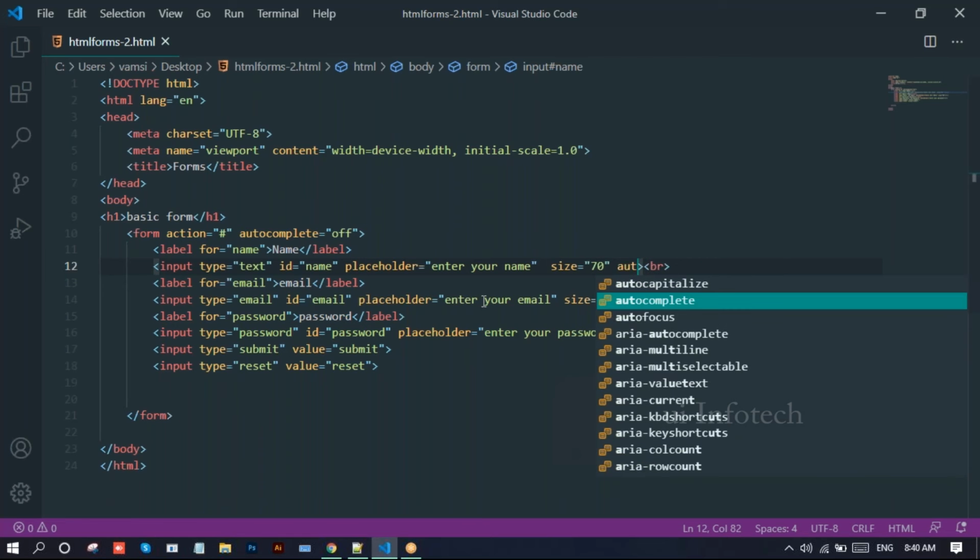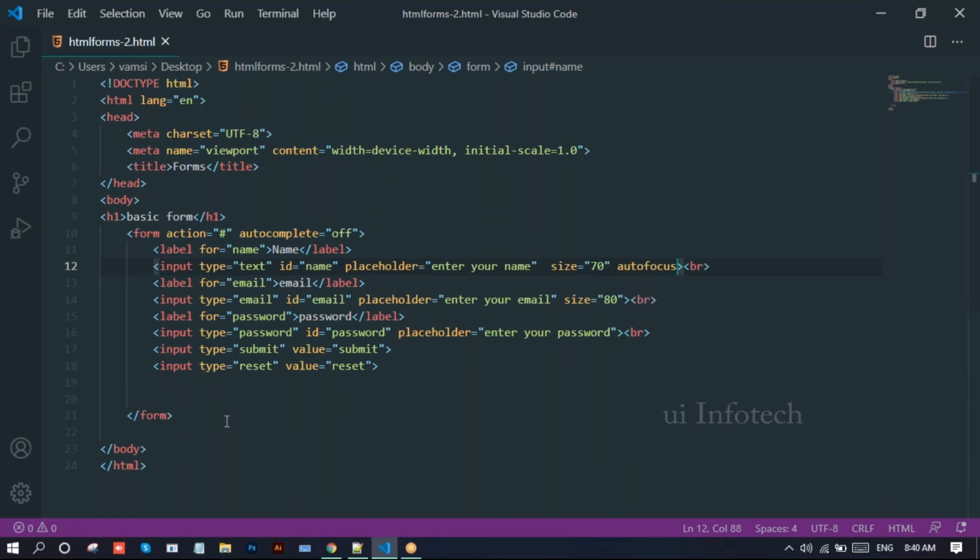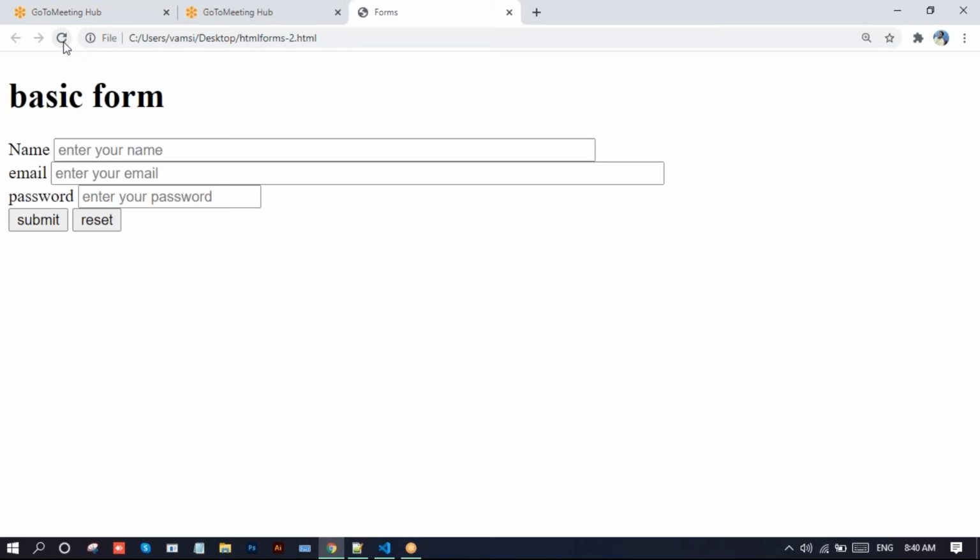Autofocus there. Now go to this browser. Just reload this page. Now look at this one. So it is automatically focused on the first input field. And next we have